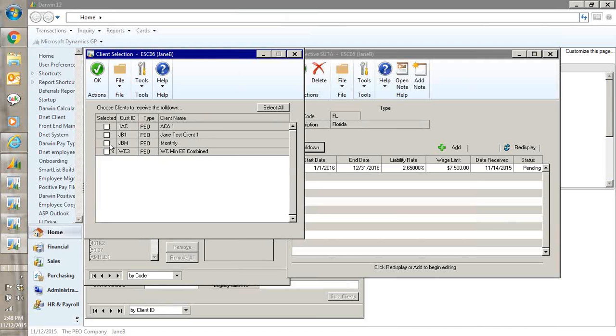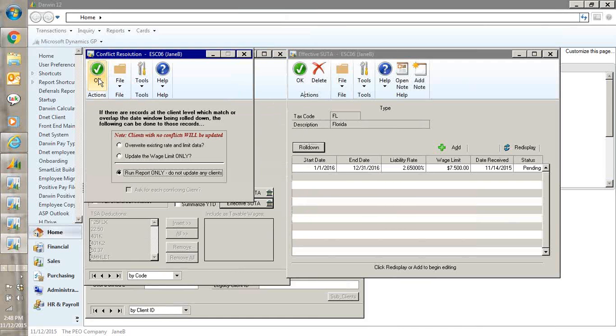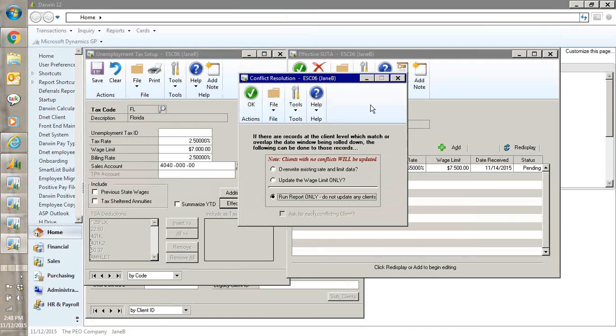I can then go out and pick and choose. If I have an ASO client that I don't want to roll down to, or if I have a PEO client for that matter that I don't want to roll down to, I don't have to. I just wouldn't select them in this window. But if I do want to roll it down, I will select it, and then I'll click OK. That brings up this window, which is about